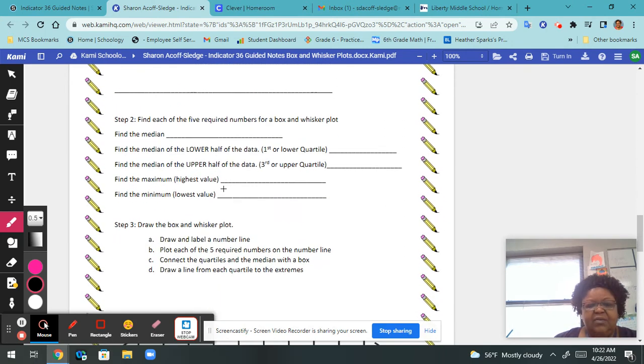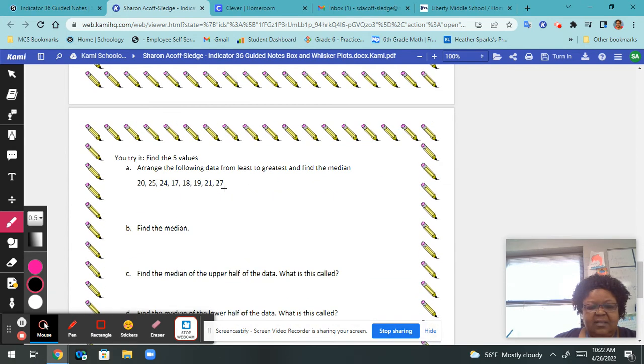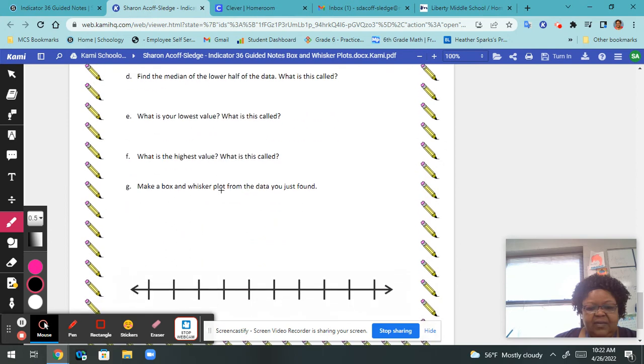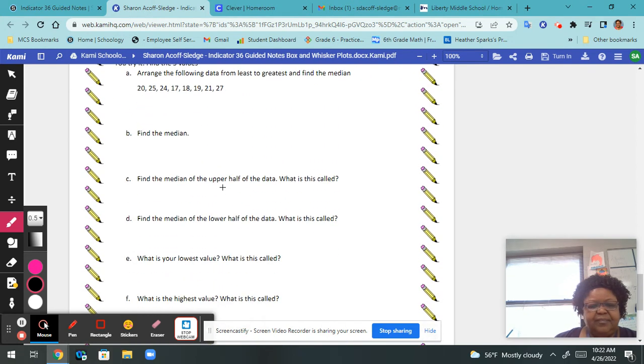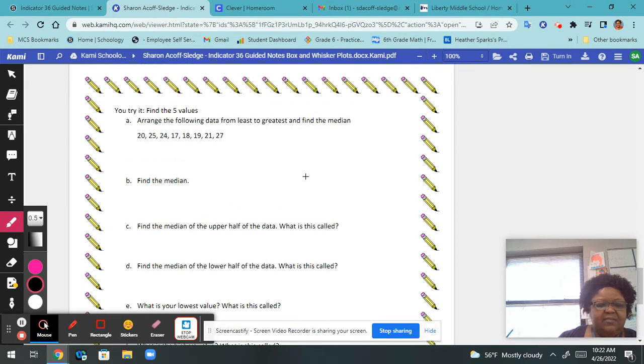Okay, here's another one. Let me do this last one down here because it's going to give us something different. So we're going to find the five values and make a box and whisker plot. So my lowest number is 17, and then I have an 18, a 19,